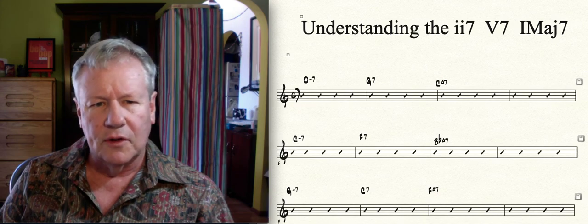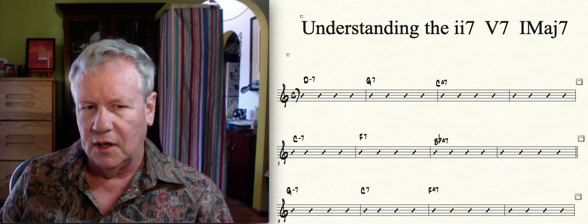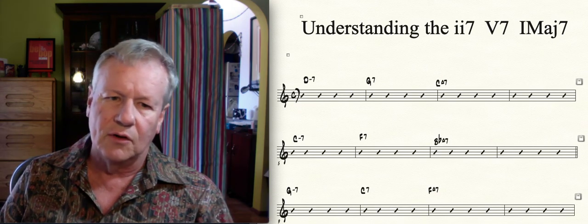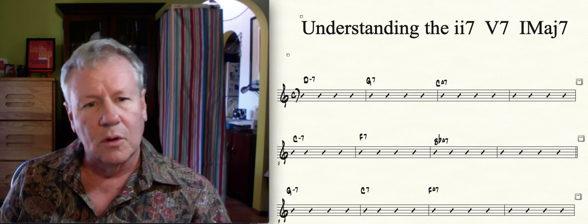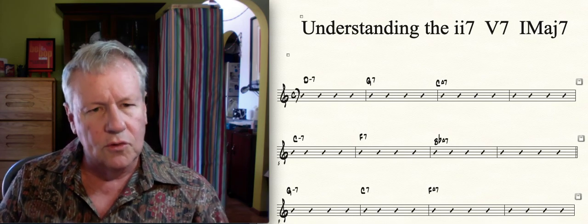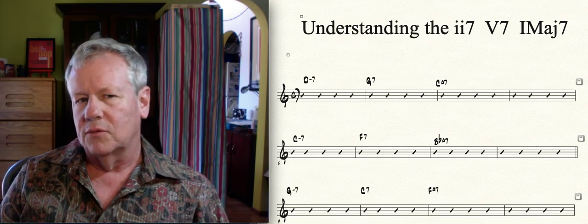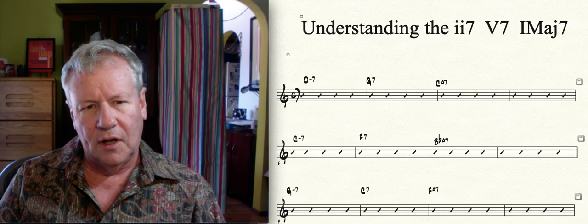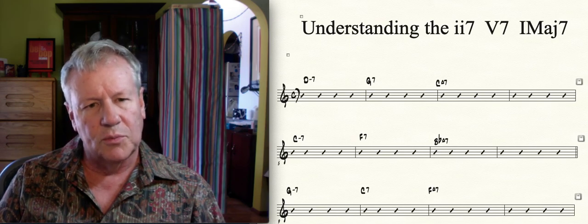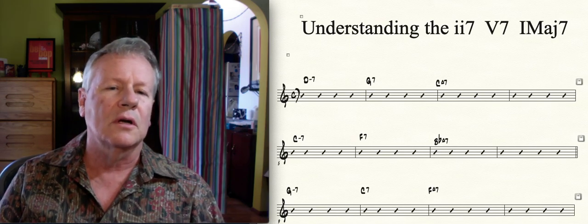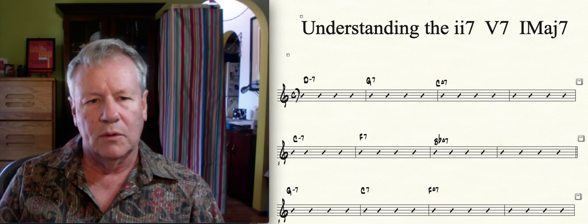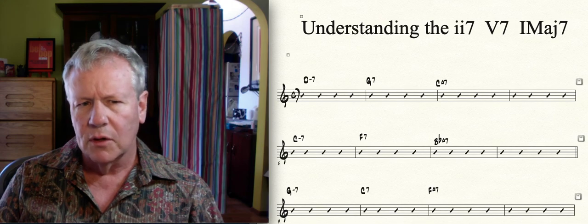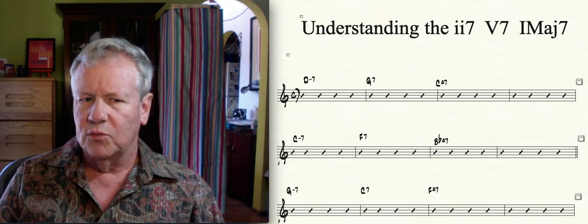So the first thing that we need to understand to add half steps to the major scales is the key signature, what I call the key signature of the chord, what major scale to use on the chord. And to do this, we must understand the 2-5-1 relationship, because we figure out the key of the chord and the major scale to use based on the 2-5-1 relationship. So the 2-5-1